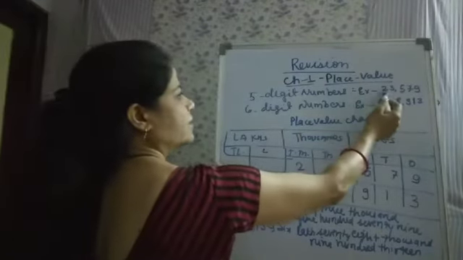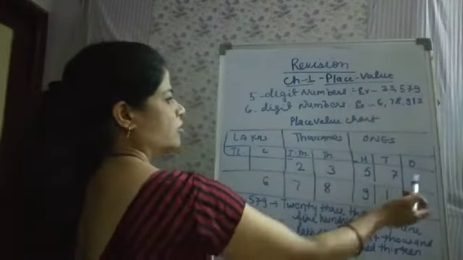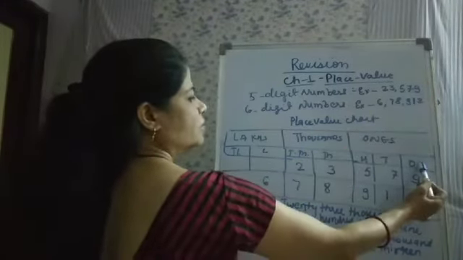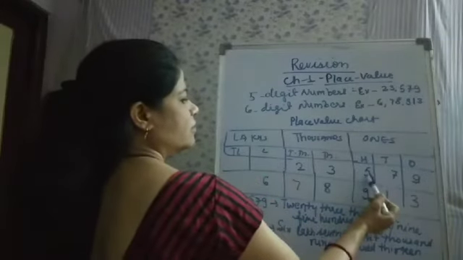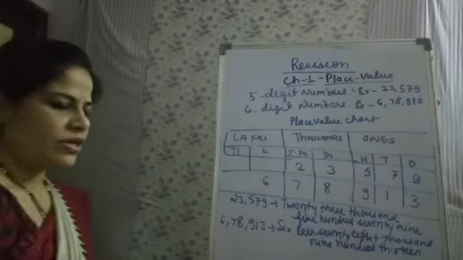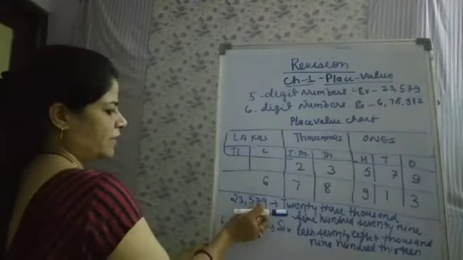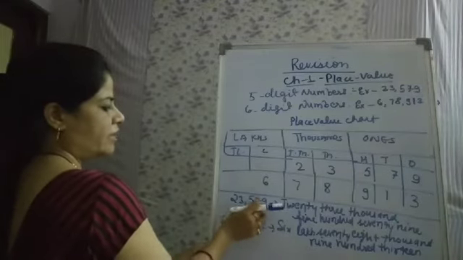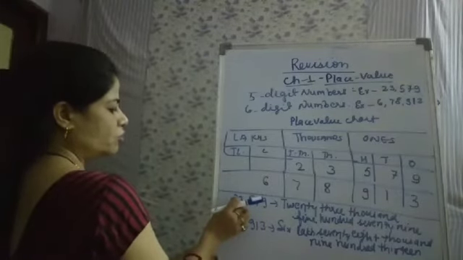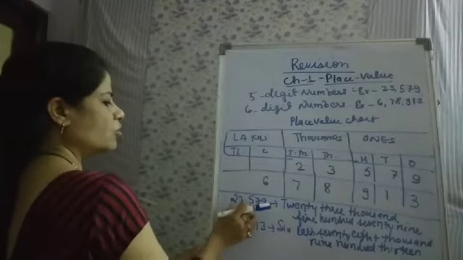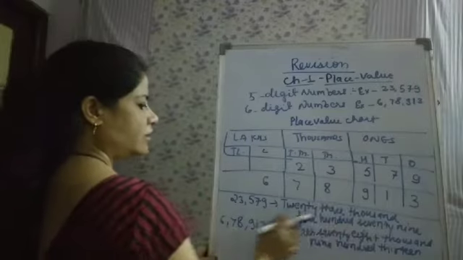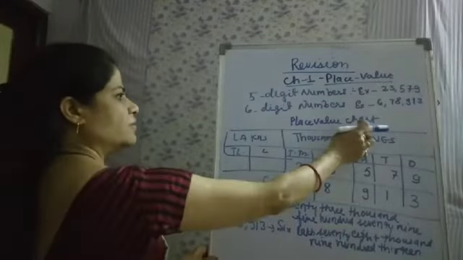Now we write this number in this place value chart. You have to start from the right side. The right digit is 9. So write 9 in the ones place, then 7 in the tens place, 5 in the hundred place, 3 in the thousand place and 2 in the 10,000 place. Okay. These 3 places, ones, tens and hundred, make the ones period. So after 3 digits you have to insert a comma. Then the next 2 digits will go in the thousand period. So how can you write this number? 23,579.